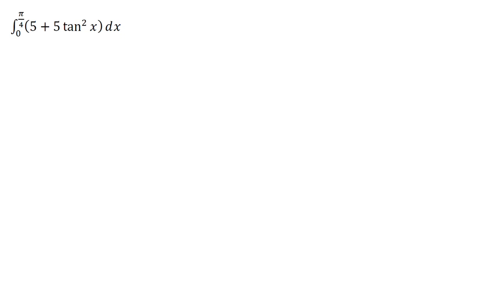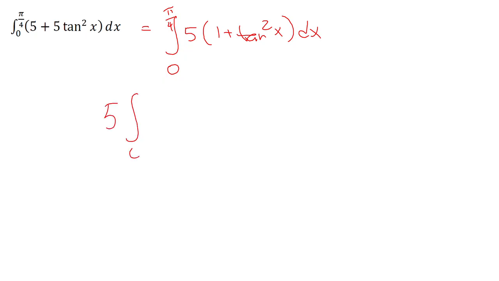All right, here we've got the integral from 0 to pi over 4 of 5 plus 5 tangent squared x. Well, this is actually kind of similar to the last one, in that we could rewrite this as the integral from 0 to pi over 4 of 5 times 1 plus tangent squared x dx. And 1 plus tangent squared x is just the same thing as secant squared x, right? That's just another Pythagorean trig identity. So I'll take that 5 outside the integral, and now I have 5 times the integral from 0 to pi over 4 of secant squared x dx, which is just 5 times, well, the integral of secant squared is tangent,